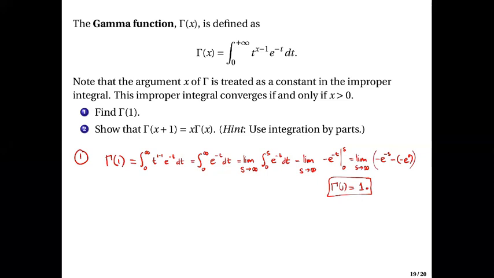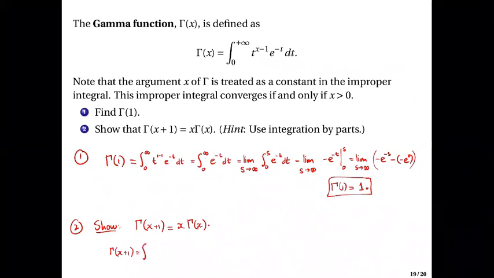Next, we have number 2. Show that gamma of x plus 1 is equal to x gamma of x. So there's a hint: use integration by parts. You start on the left-hand side, gamma of x plus 1. So for gamma of x plus 1,